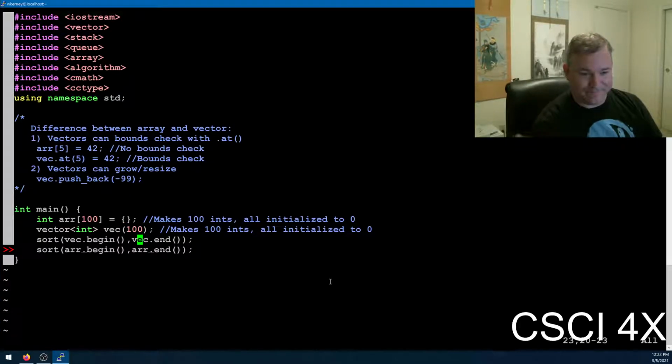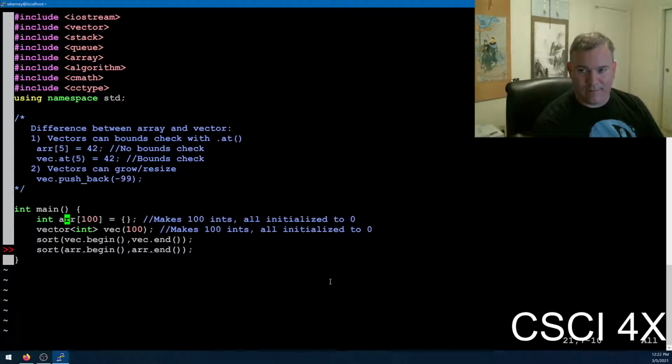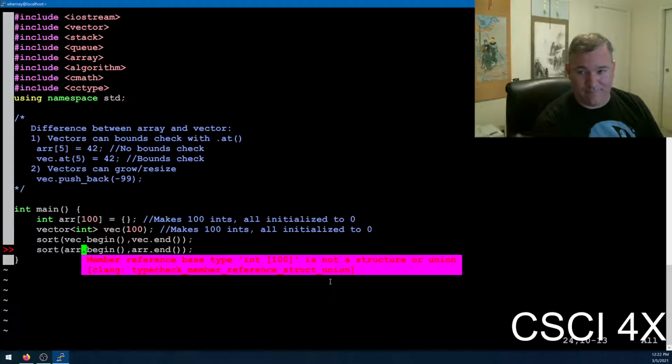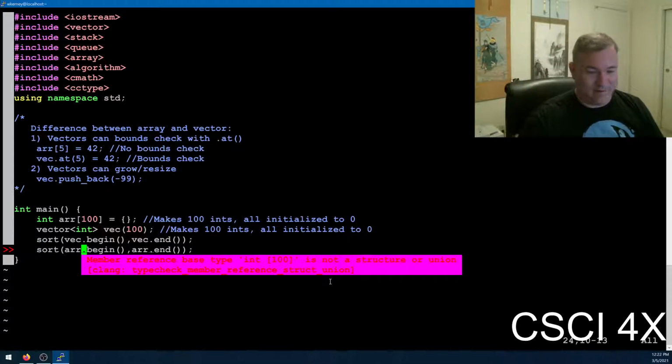You can actually. The array type does not have a member function on it. Look, you can see what it's saying there. It's not a struct, right? The array is not a class. It doesn't have member functions on it. However,